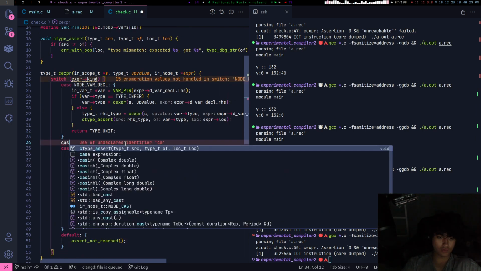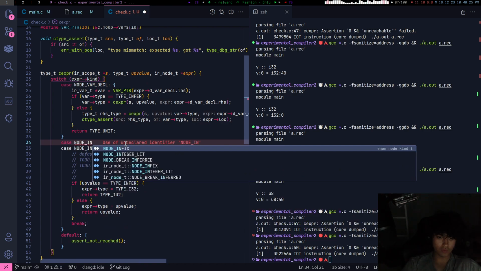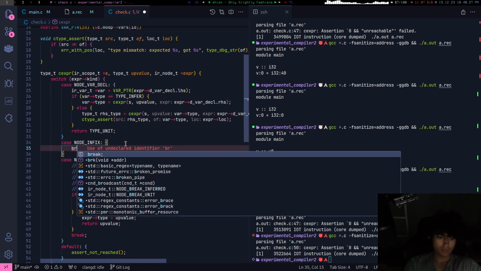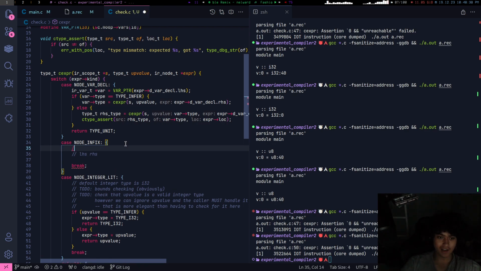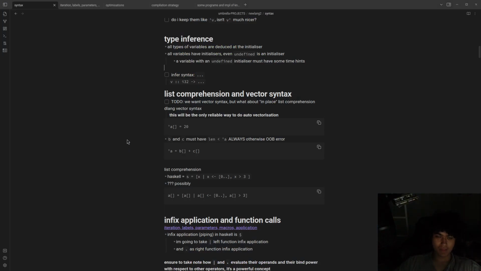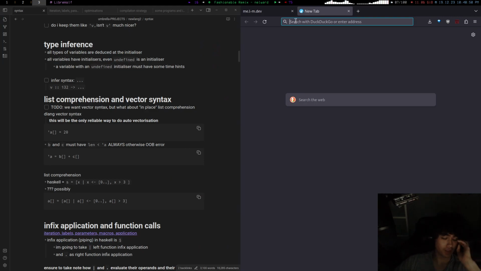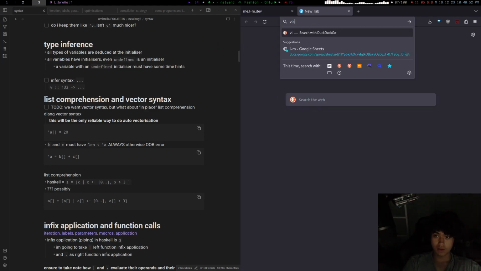So let's do node infix. There's a left-hand side and a right-hand side. Now, integer promotion rules. That's the hardest thing. That's the hardest thing I was ever going to reach in the stream. Now, I'm just going to use V as a reference because they get this right.